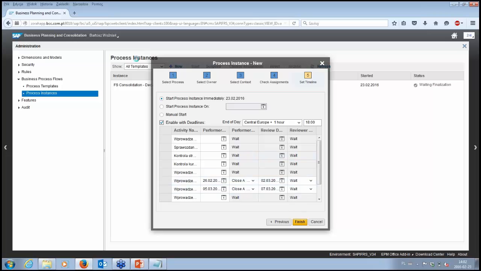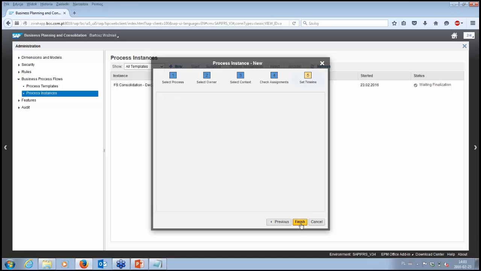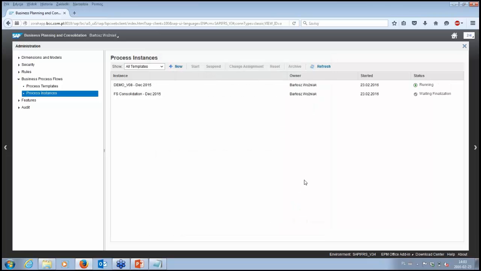Let's say we can start this instance, finish, and as you can see, this is what we have done before. So during our presentation, this is FS Consolidation December 2015. It is waiting for finalization. So let's say the final tick that we will close it, and we now have the new process instance running.